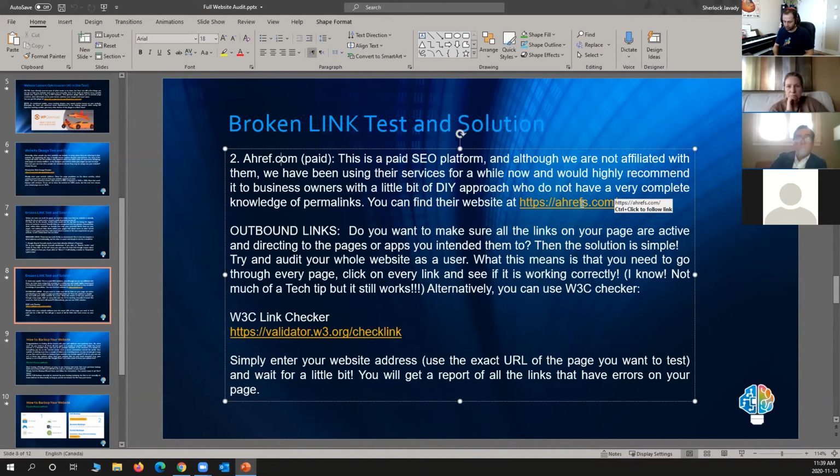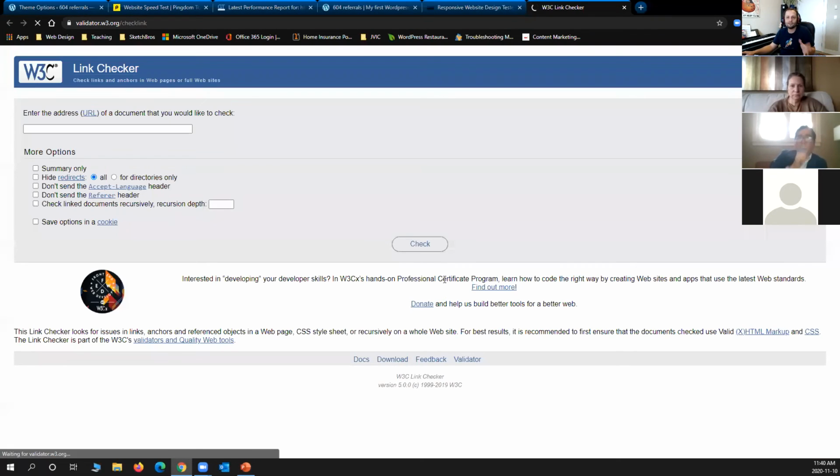Outbound links, however, are actually much easier to test. Obviously, as we talked about in the last session, you should have outbound links sending people to other websites or your affiliates or your partners. You want to make sure that these links are working. If you're having redirections inside your website, you want to make sure they're working. There are a lot of tools. We call them broken links or dead links. So go on Google and search dead link checker or broken link test, and you will find a lot of them. This is the daddy of all testers.